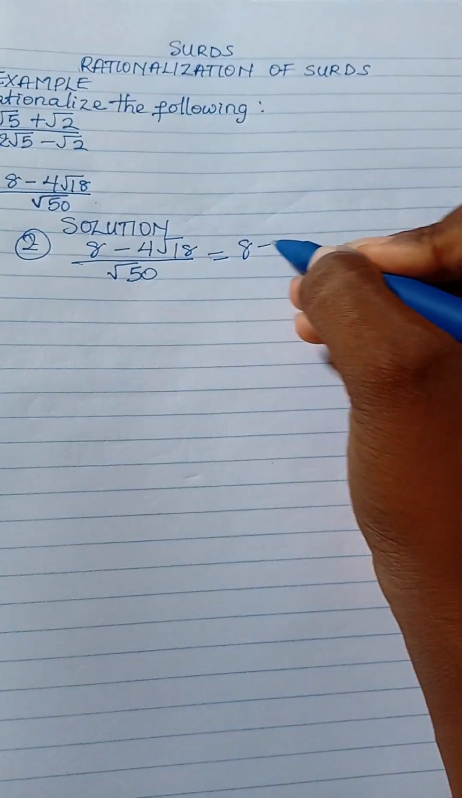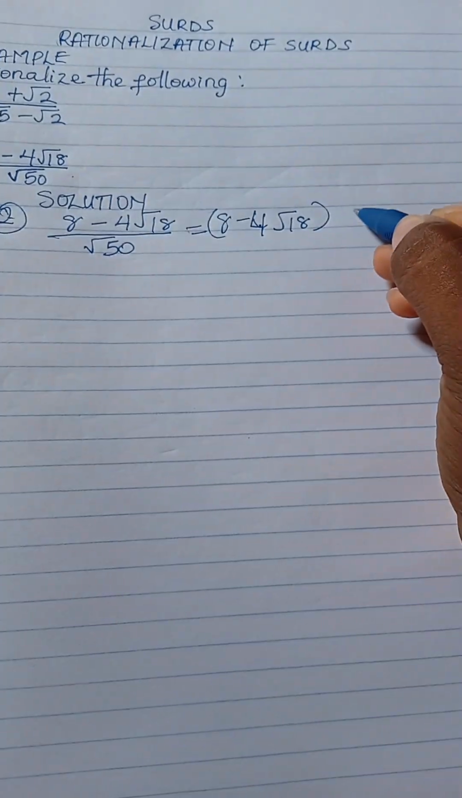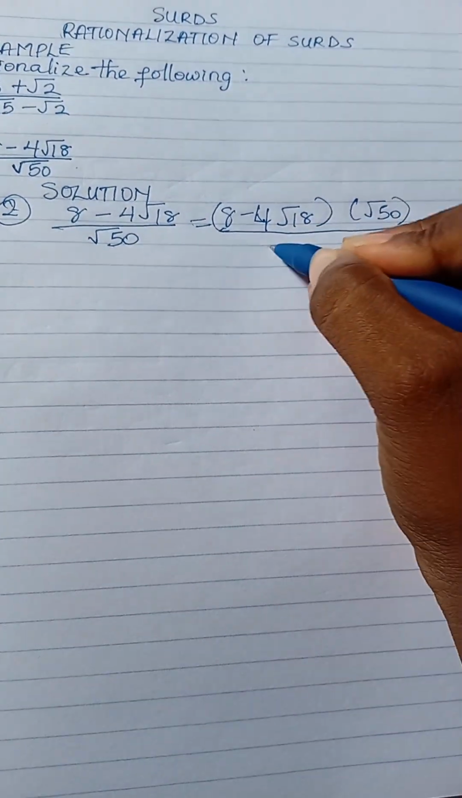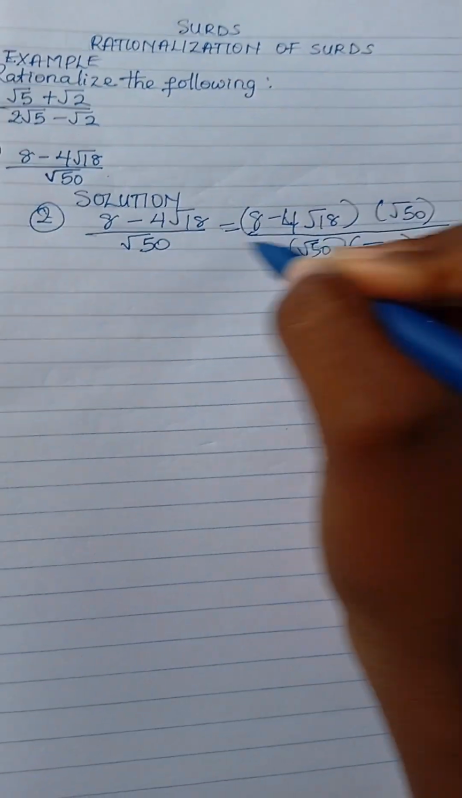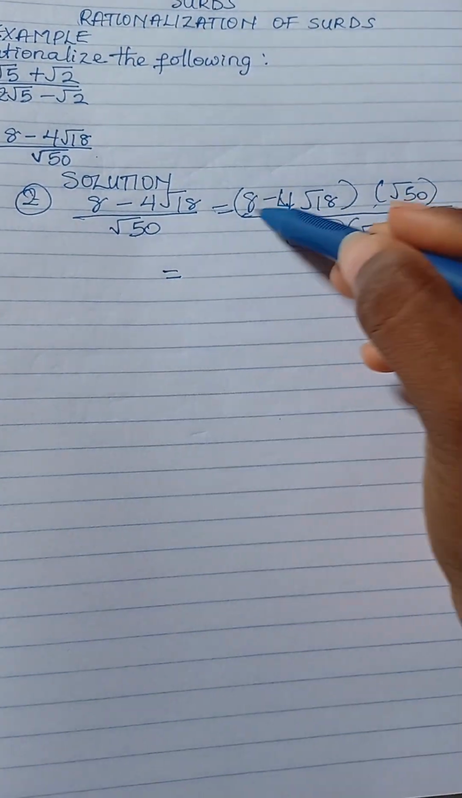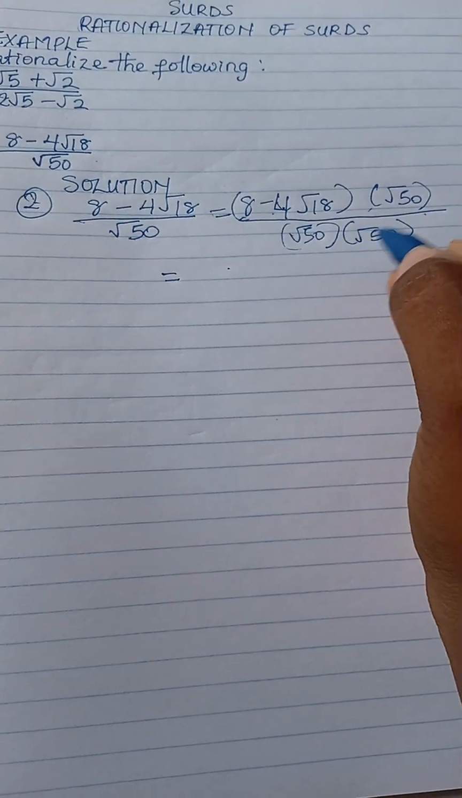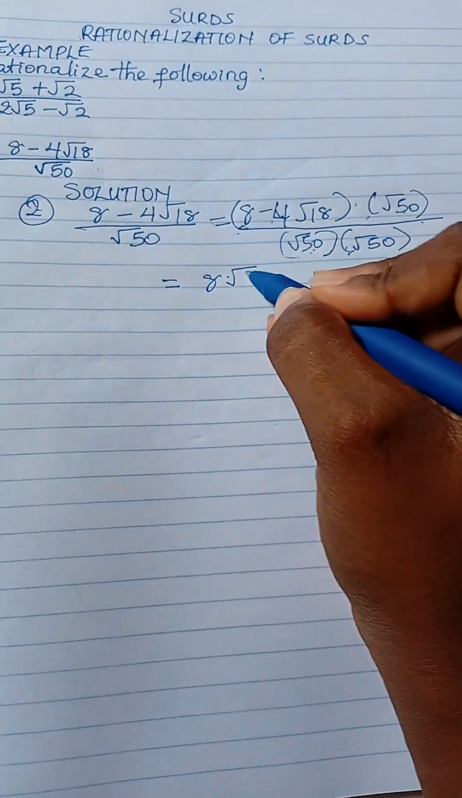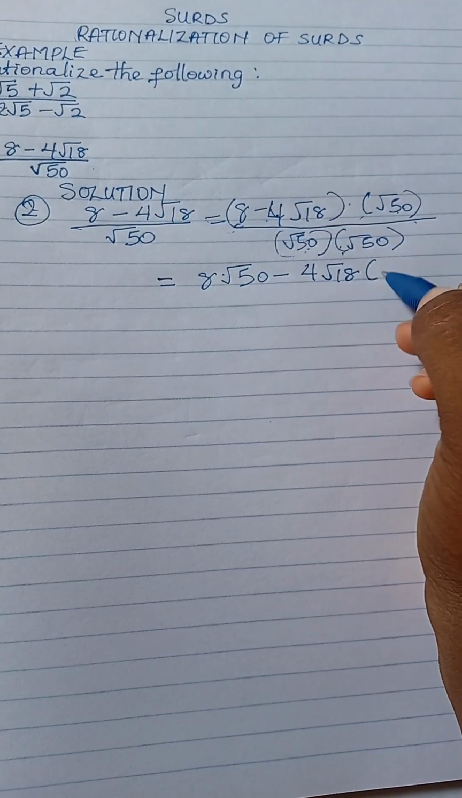This will now be 8 minus 4 root 18, let me put it in brackets, by root 50, over root 50 by root 50. So moving on, we're going to multiply this root 50 by each one. The reason why the sign is not affected is because it's just a number. So you just multiply this thing by the numerator and denominator. So root 50 by 8 will be 8 root 50 minus 4 root 18 by root 50, over